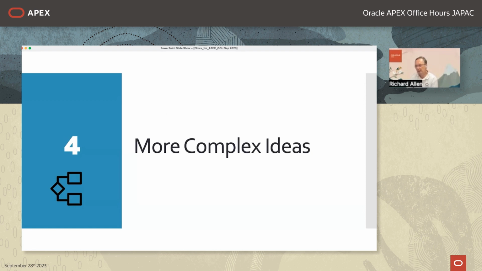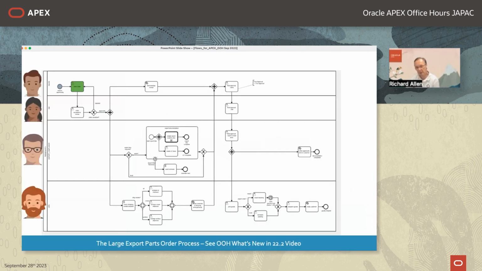And in 50 minutes, I don't have time to go through the whole of Flows for Apex. But what I want to do is just show you some of the more complex things that you can do, because real business processes are a lot more complex than our simple expense application there. So this is a model of an aircraft parts supplier with a sales department, general manager who approves things,